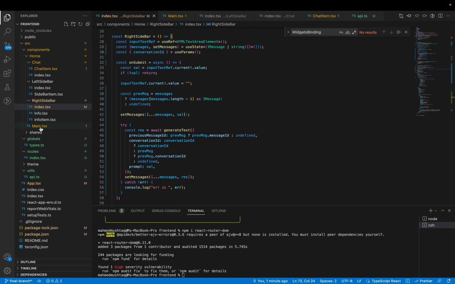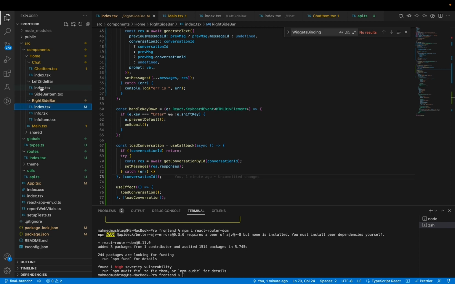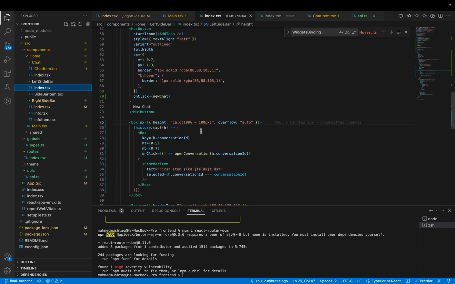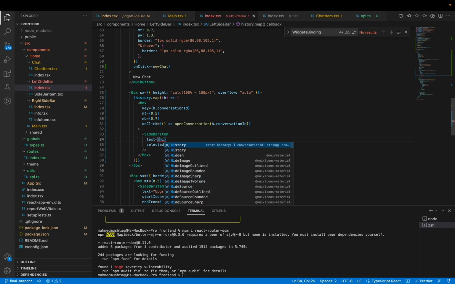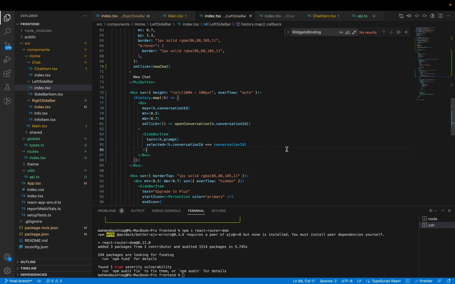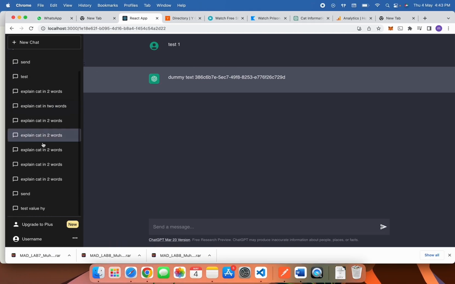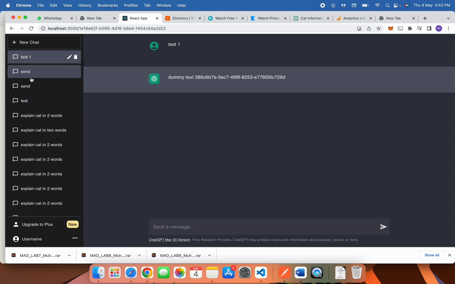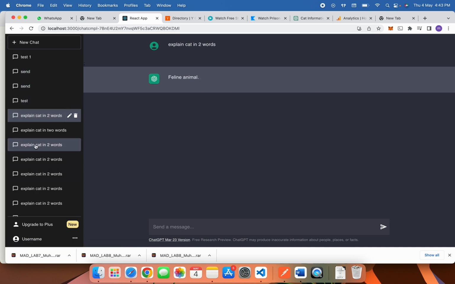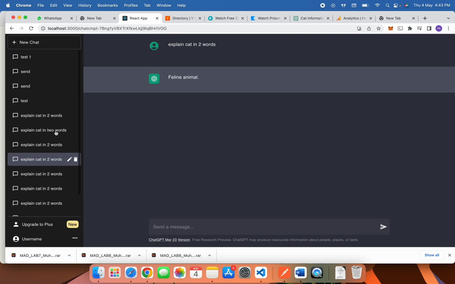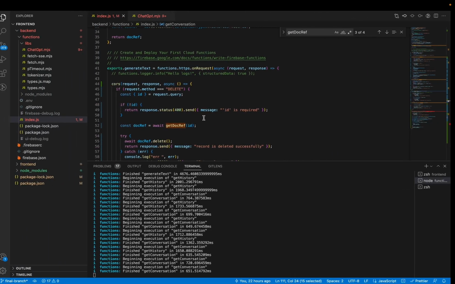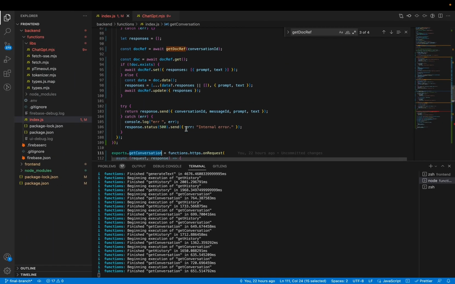Actually there is a problem. Go to left sidebar. Sorry, I have not changed the text. h.prop. Actually it is not sorted, so you can also sort this according to the date and time. Now you can save here date and time also. Just go to